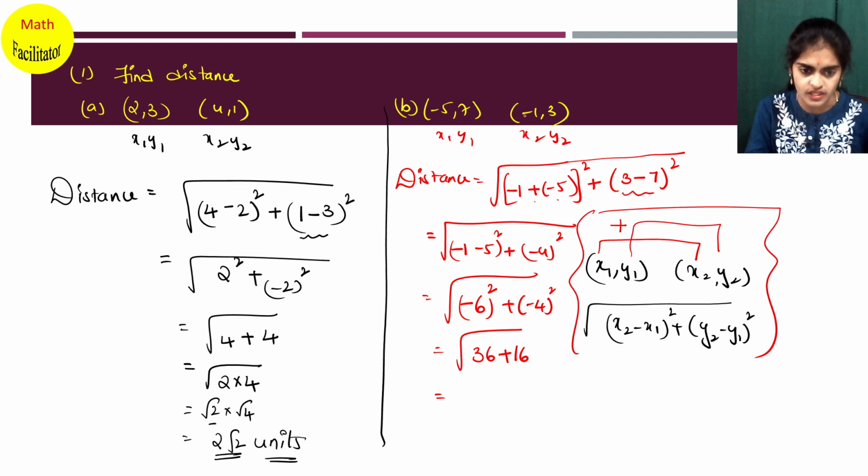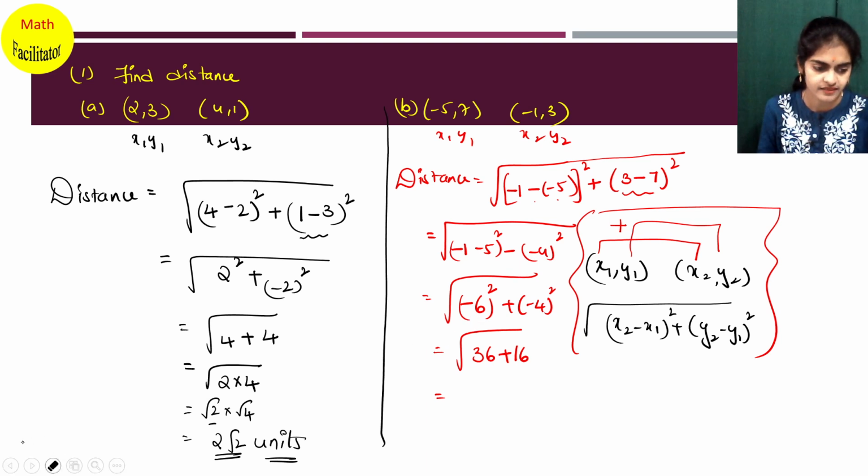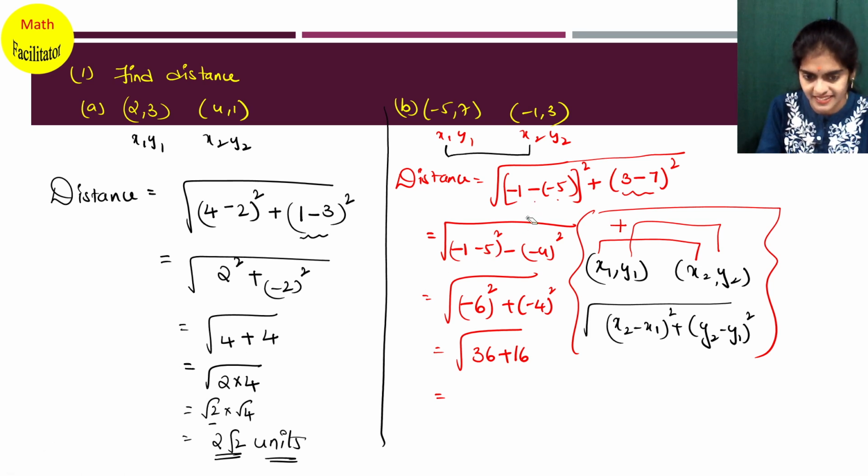Yes, have a look here. So it is x2 minus of x1 whole square. I wrote it as plus. See here, it is x2 minus x1 whole square, isn't it? See here, x2 minus x1 whole square. I wrote a plus here. It should be minus, right? So, right, it is minus. So now minus of minus 1, minus of minus 5 gives me plus 5.